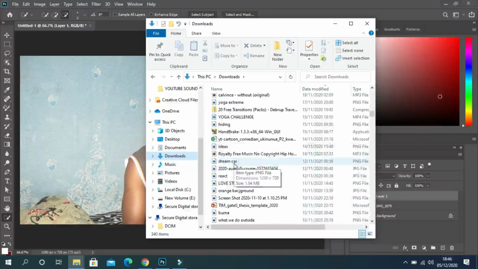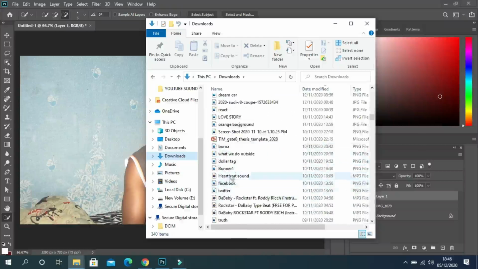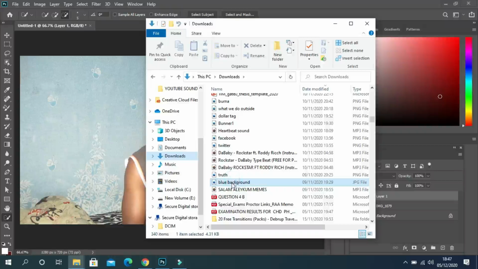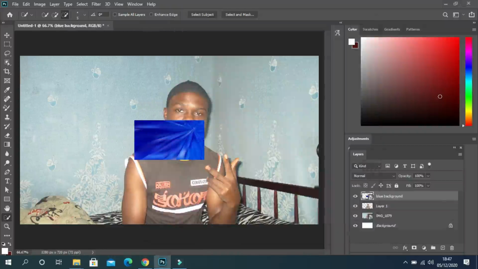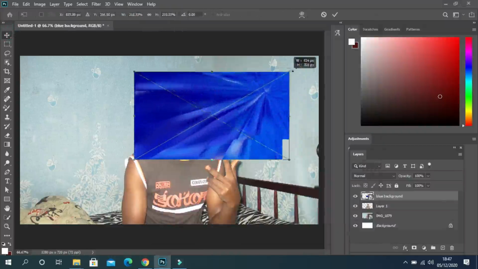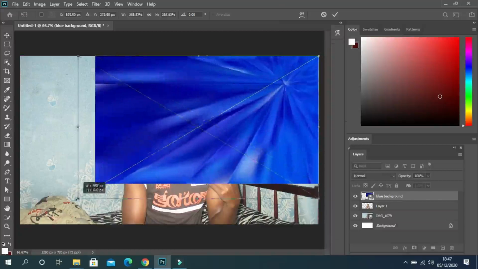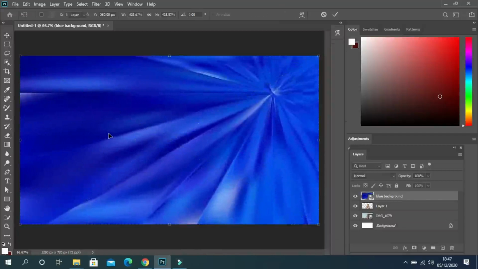Blue background. Okay, this one here. Blue background. Drag and drop. So go back and select that tool now, and drag it to the top corner as well. Right, you see our image has disappeared, so we don't have our image here because